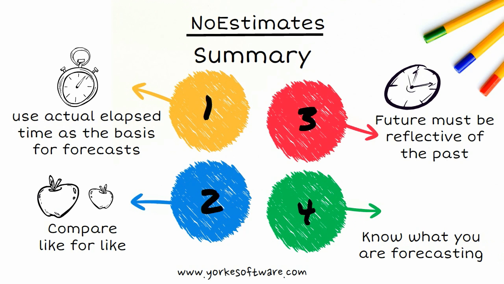4. You need to understand what it is that you're forecasting. Saying, I can deliver 10 stories a week is not a forecast, it is a velocity. However, being able to say that I predict I will complete 10 stories this week is a forecast. A forecast is the combination of knowing what your end state will be and using metrics to calculate when that may be achievable.